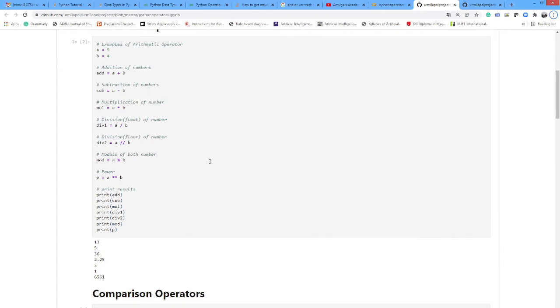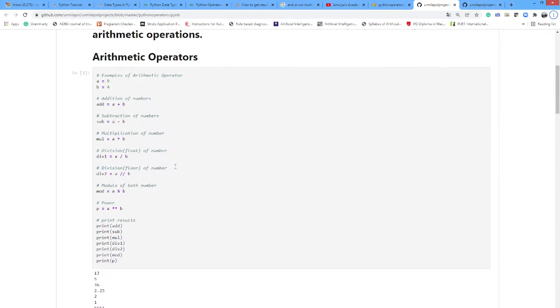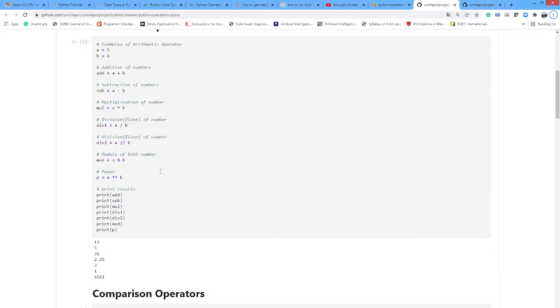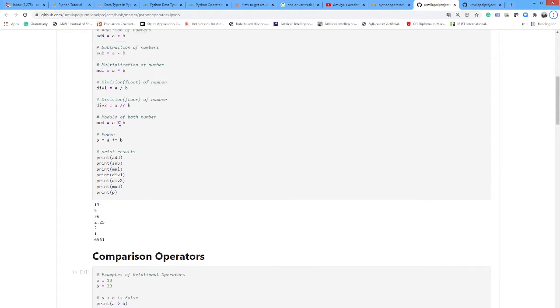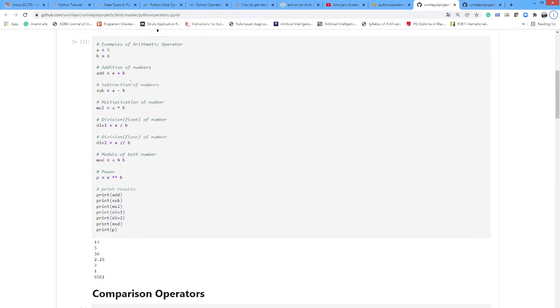See, a is equal to 9 and b is equal to 4. We can apply different operators on them. This is the expression: add is equal to a plus b, subtraction a minus b, a star b, a slash b. Then first of all, a plus b, 9 plus 4 is equal to 13. Then subtract 5, multiplication 36, division 2.25,